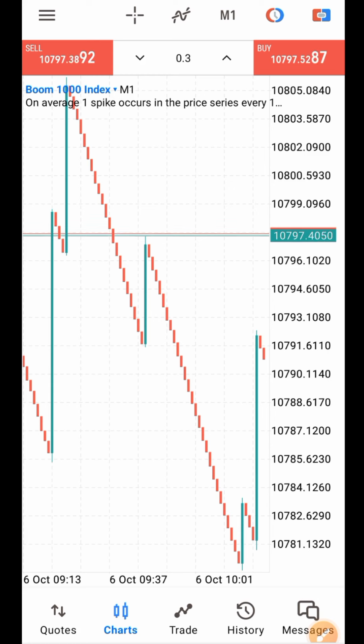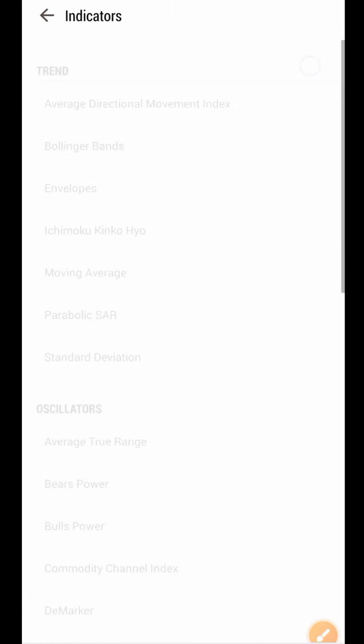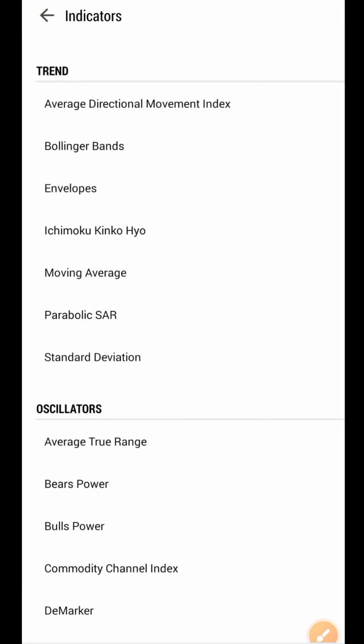We don't need much for this strategy. We only need three indicators, and we are going to add them together to our charts now. Then we follow the procedure according to the strategy. So the first thing to add is the Relative Strength Index, which is RSI, which is an